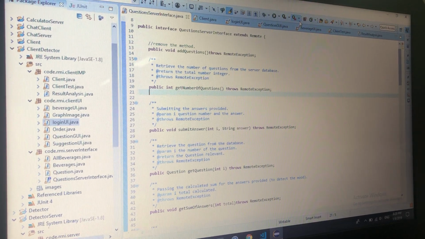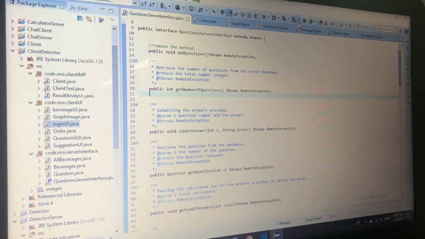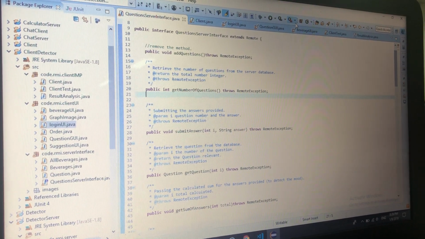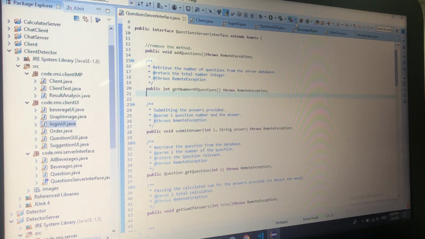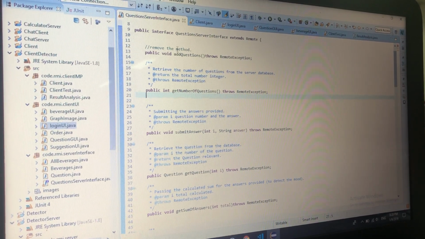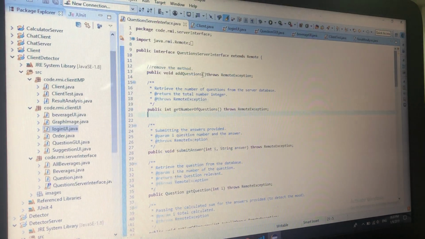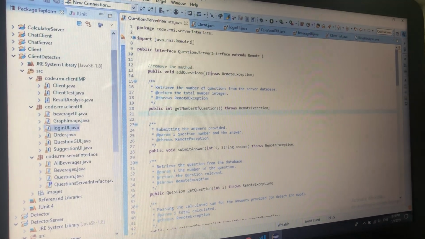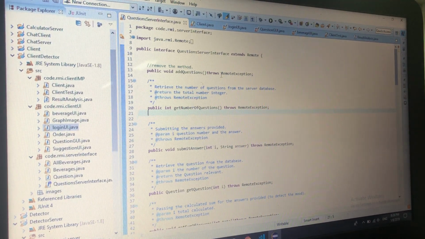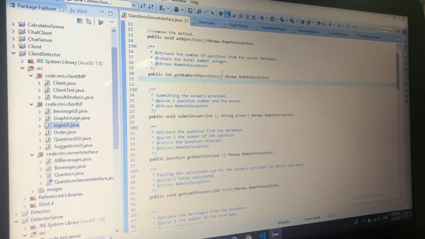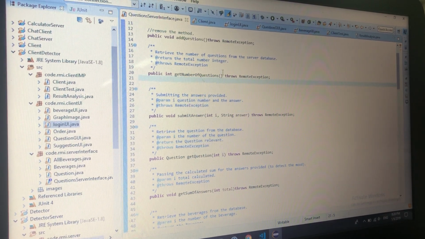shop, and the system is based on RMI. The system consists of a client side as well as a server side. I implemented the client side, and this is the remote interface which allowed the client and the server to communicate with each other, and my partner implemented the server side and she will explain the rest of the